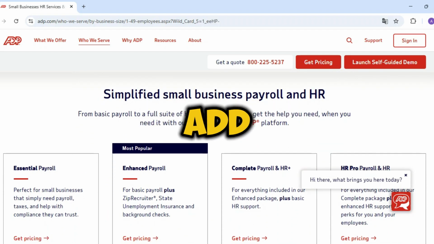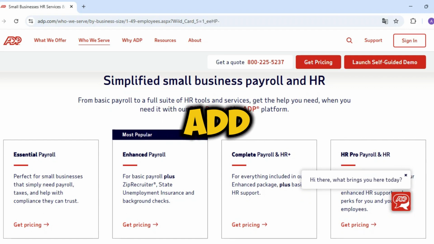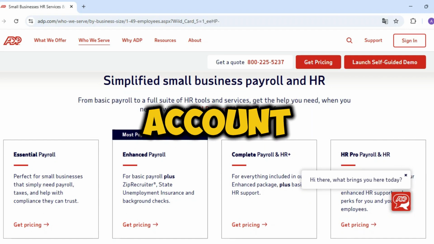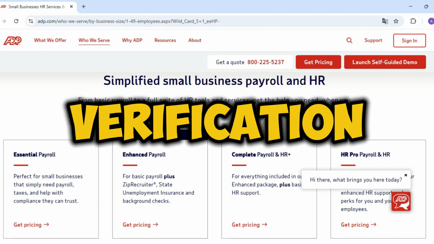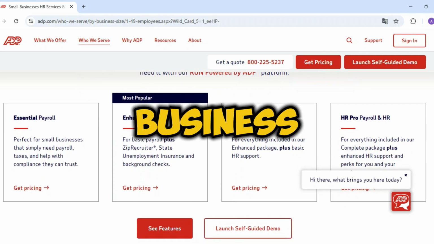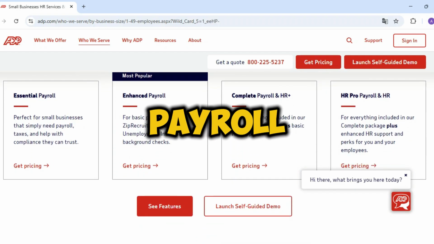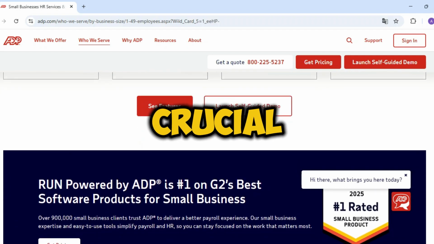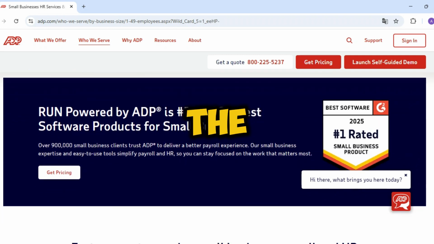The process: add and verify. You will likely need to add the new bank account information, routing and account number. ADP may require a verification process, which can take a few business days before the new account becomes active for payroll funding. And that leads to my crucial pro tip: keep the old account open until the first successful payroll